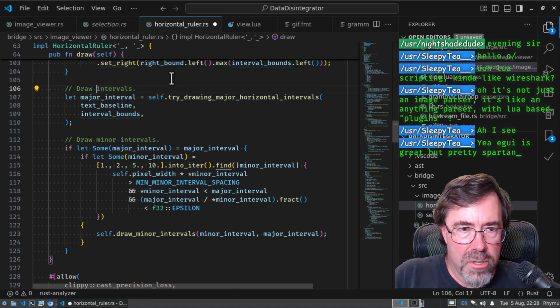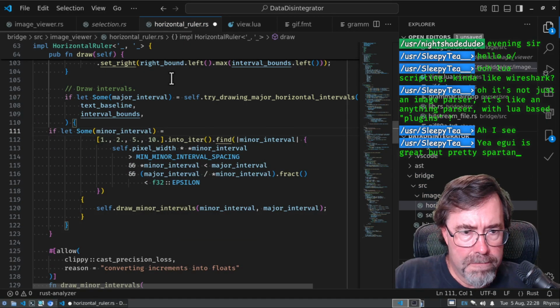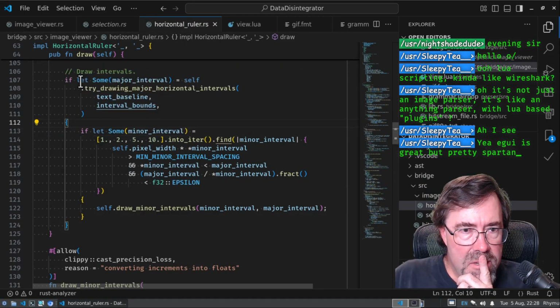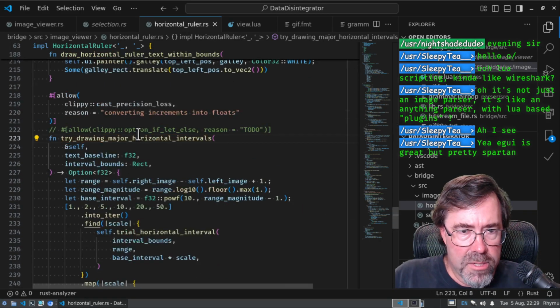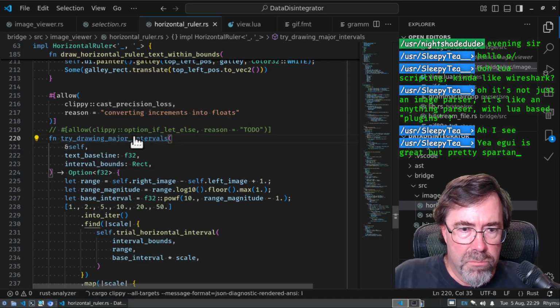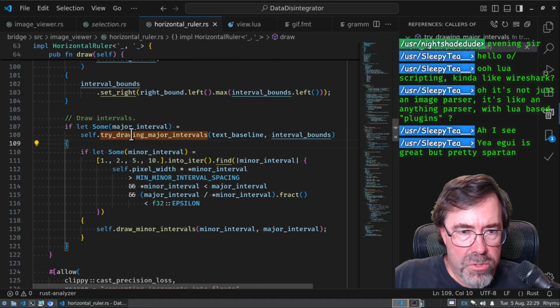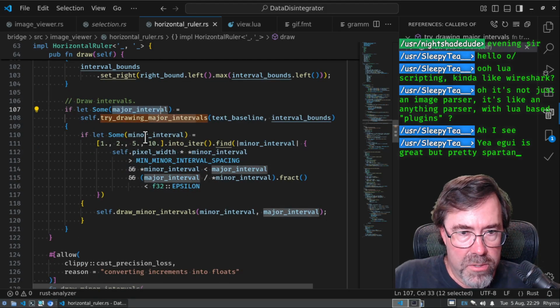So I can just reduce this to draw intervals, and I can say if let some, then I can just delete this. So we try drawing major horizontal intervals, and I don't need to say horizontal because now we're in a module that has horizontal as part of the name, so we can just say try drawing major intervals. So we tried drawing the major intervals, and if we did draw it, then we would try to